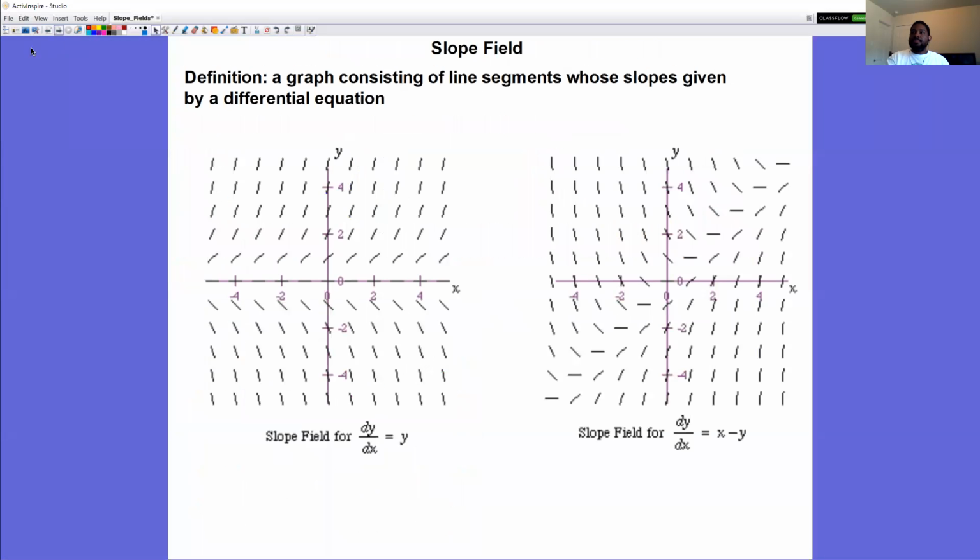what slope fields are. So those are slope fields. By definition, a slope field is a graph consisting of line segments whose slopes are given by differential equations. So you see here you have some examples of slope fields whose slopes are given by a differential equation. So now we're ready to go on to